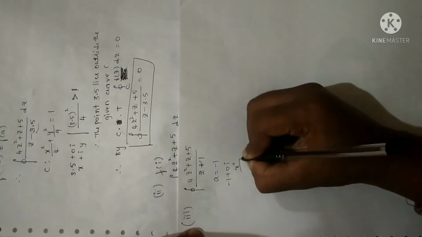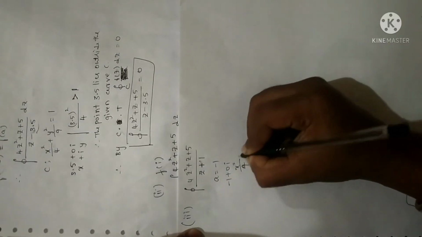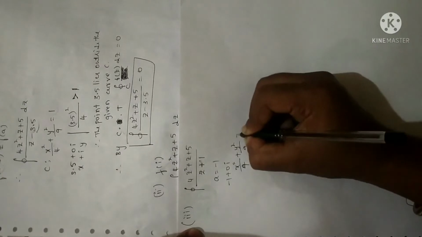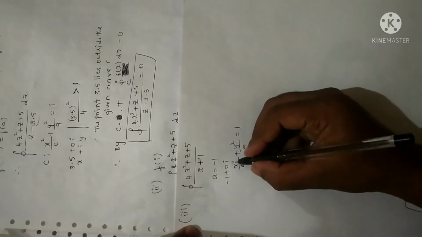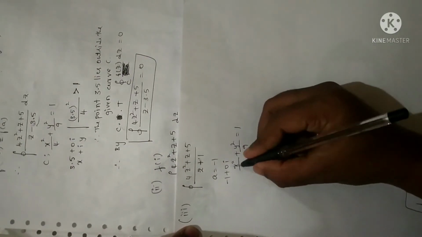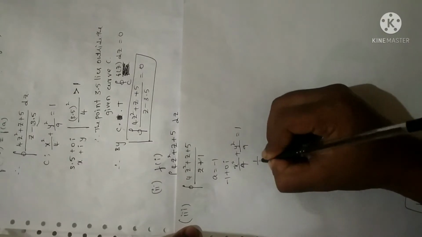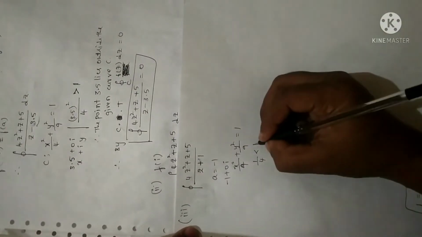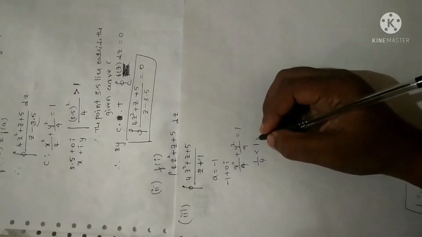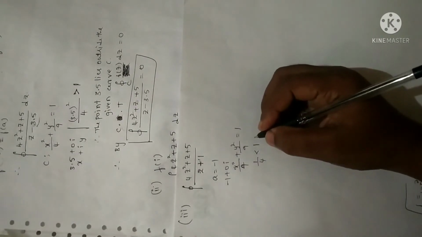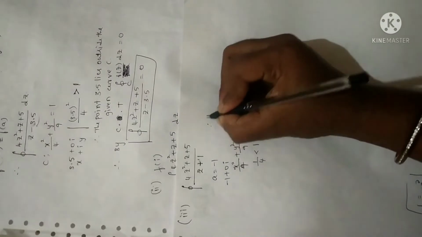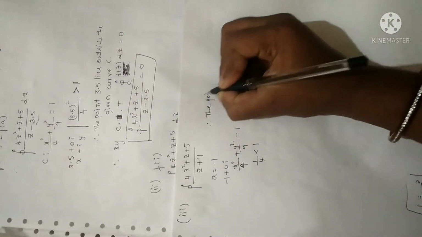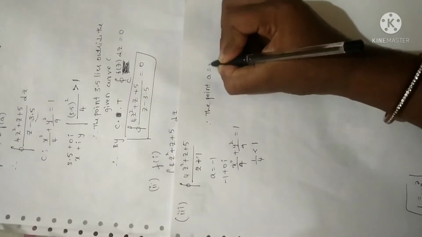Now given curve equation is x square by 4 plus y square by 9 is equal to 1. Now replace x with 1 and y with 0. So -1 whole square will be +1. 1 divided by 4 is always less than 1 only. Fine. So when it is less than 1, we can clearly say that the point lies inside the given curve. Right? Therefore, the point a is equal to -1